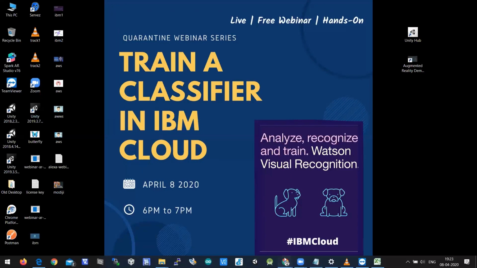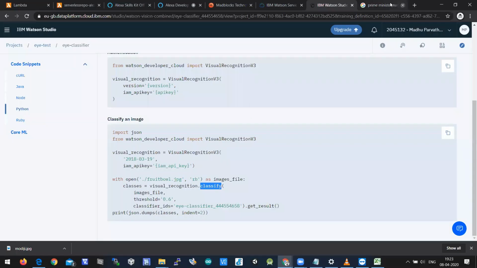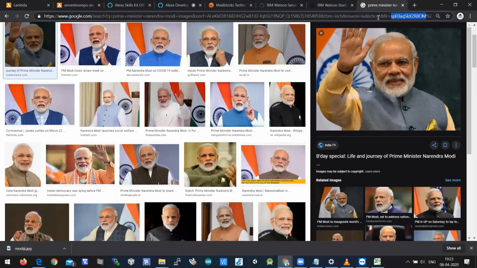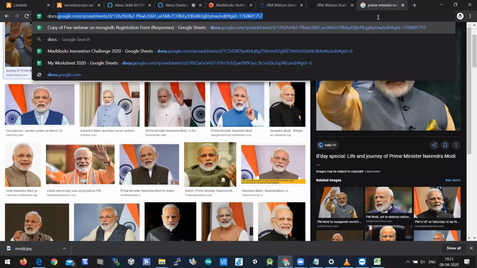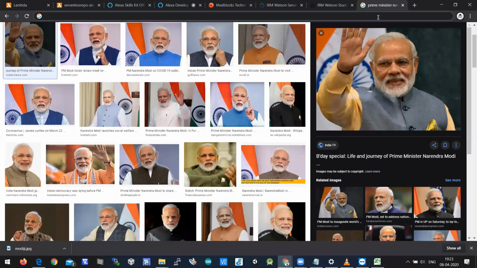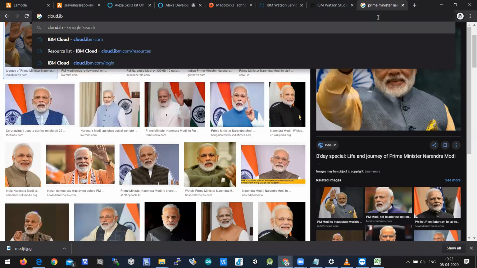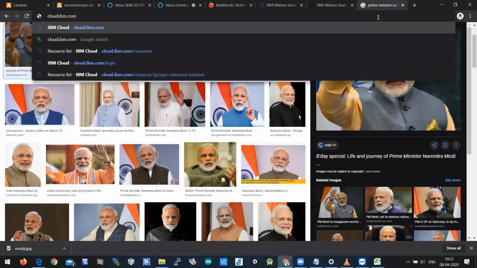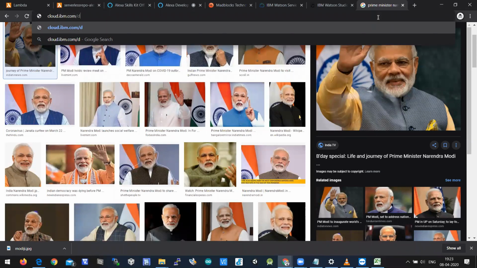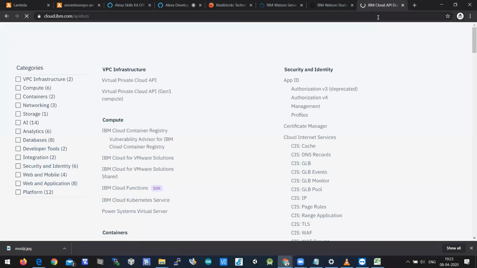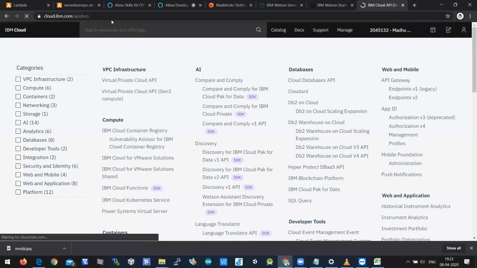If you want to work more, I'll show you the documentation part of this. You can work more. So this is the API docs of the IBM Cloud.